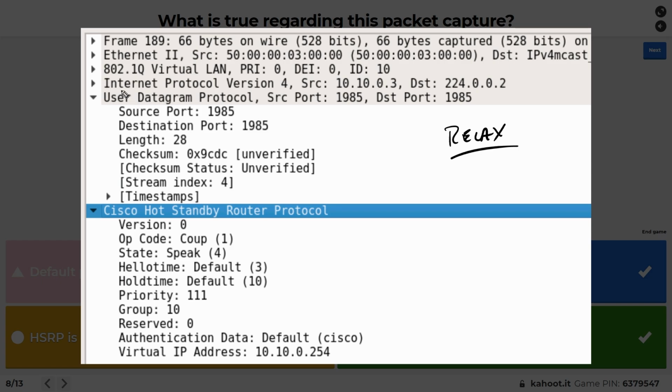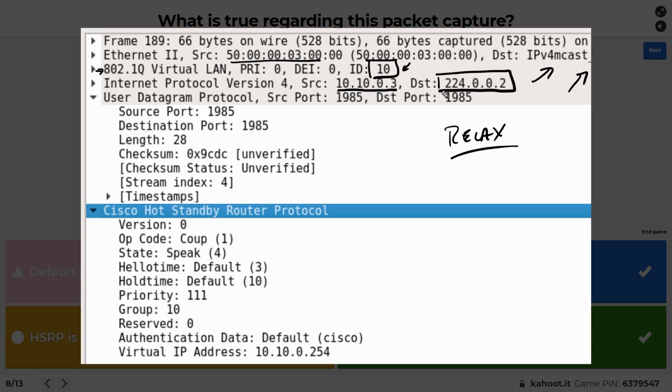Let's look at it from the bottom up. So we know it's Ethernet, fantastic. There's the source and destination addresses, which is going off to a multicast address. I cut that off a little bit. And then here it's showing us for the 802.1q tag, we have a VLAN ID of 10. So this frame, as it was captured, was over a trunk link, and it was identified in the 802.1q tag as 10, meaning this frame belongs to and is associated with VLAN 10. And then the source address at layer 3 is 10.10.0.3, which is one of our routers, and the destination address